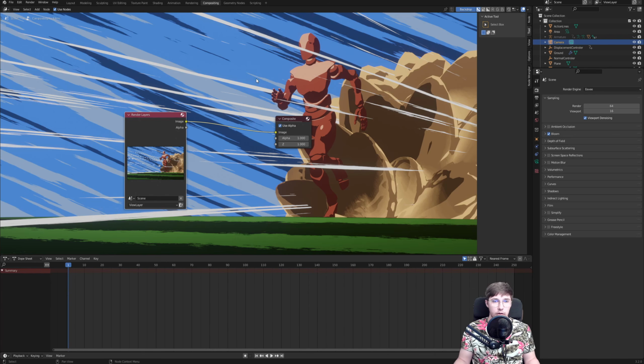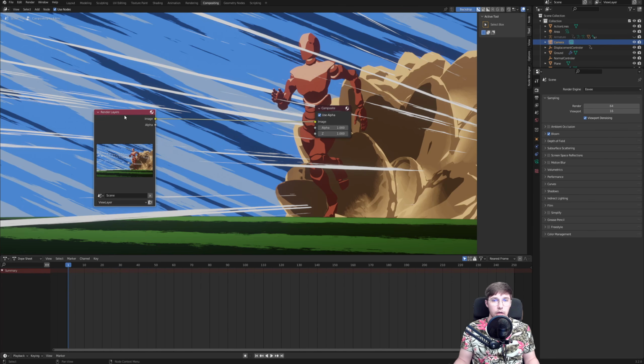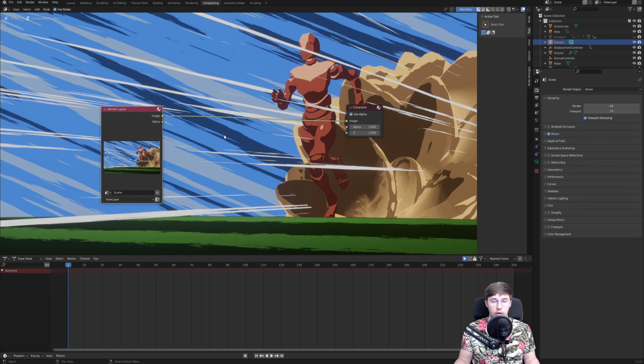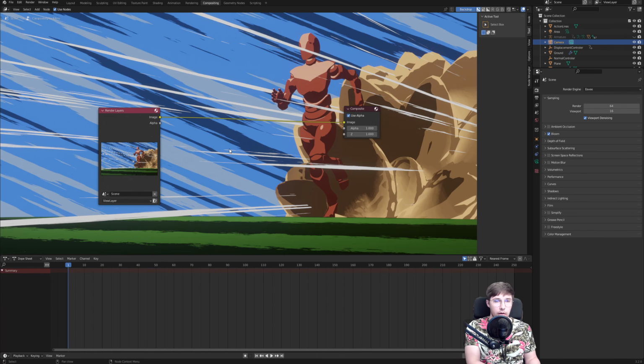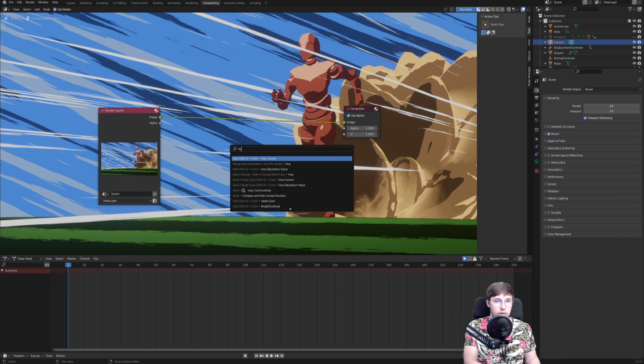And if you still don't see anything, then Ctrl Shift and click on render layers, which is gonna give you this viewer, and that should make this background appear for you as well. So here we will do just a little bit, not too much, because the compositing is actually a really powerful tool that I think is being underestimated most of the time. Maybe I will make some more tutorials about it in the future, but for now we will use a hue